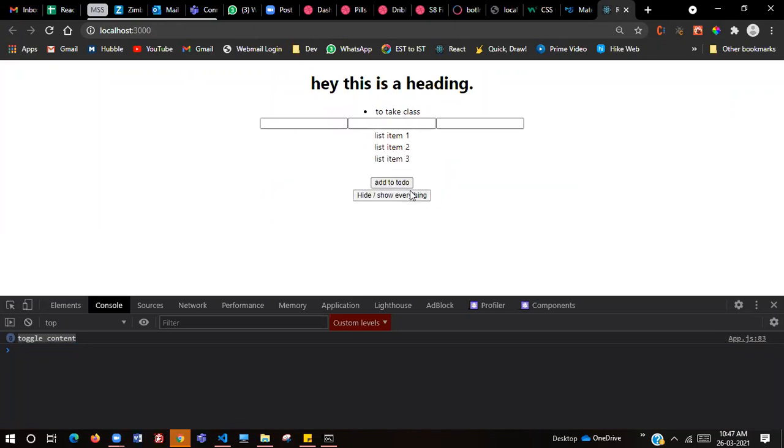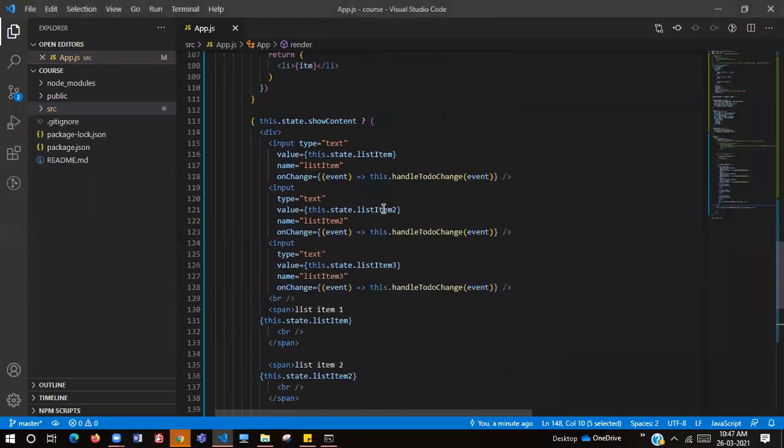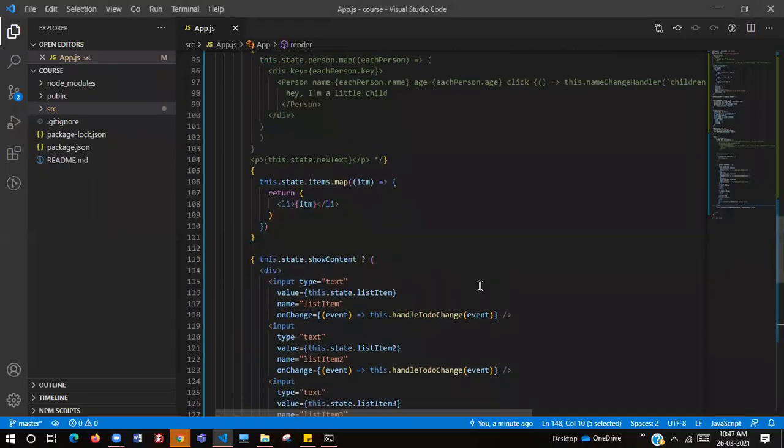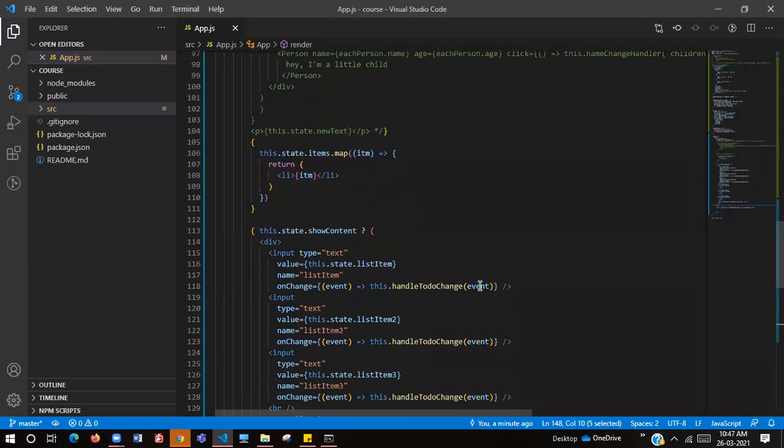Now why are we seeing this to-do class? Can anybody tell me? That is given at the top somewhere. It has been set, right? So this is not inside the div that we are toggling. If we place it inside this div, we can also make that disappear.